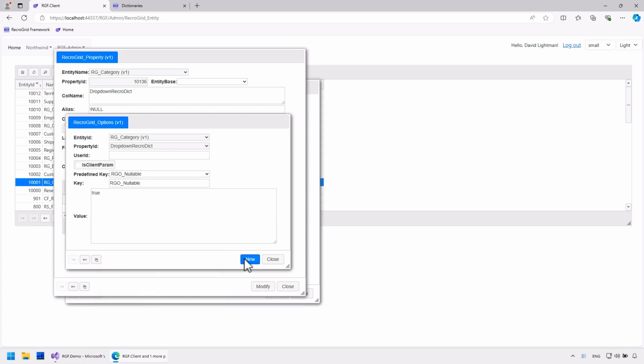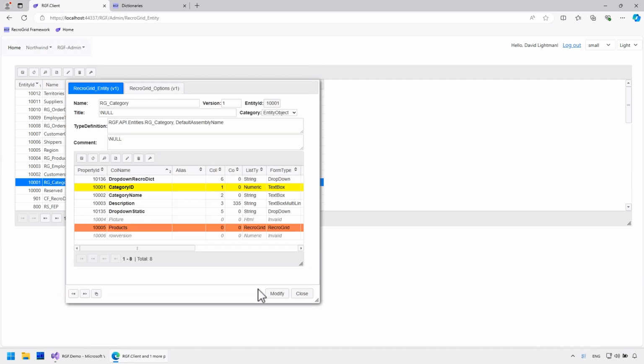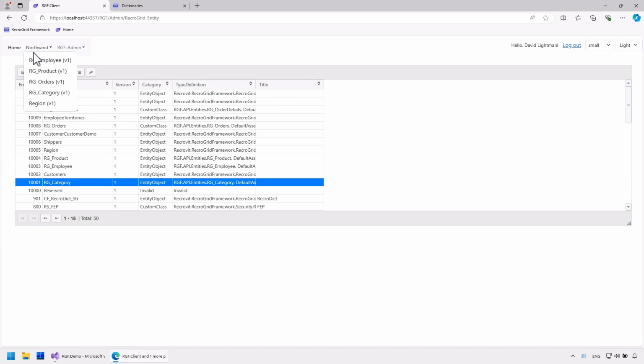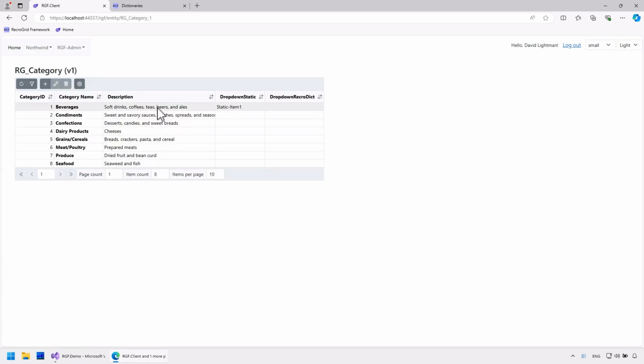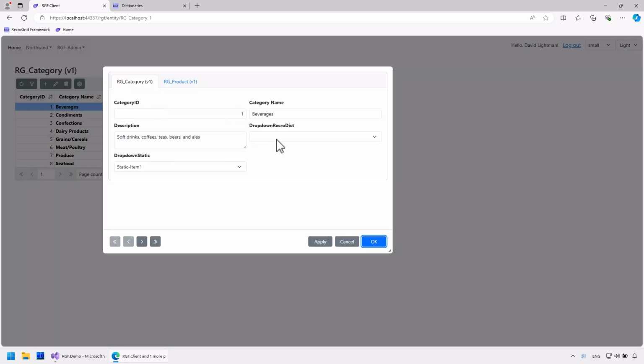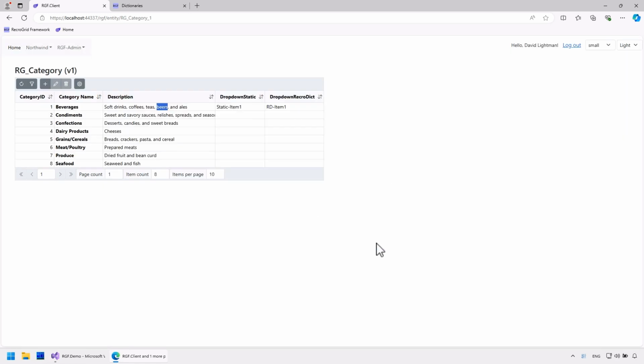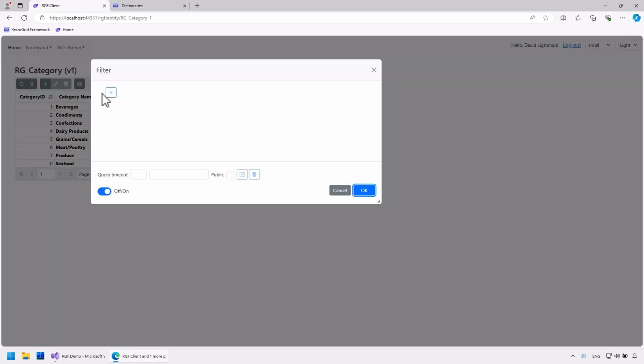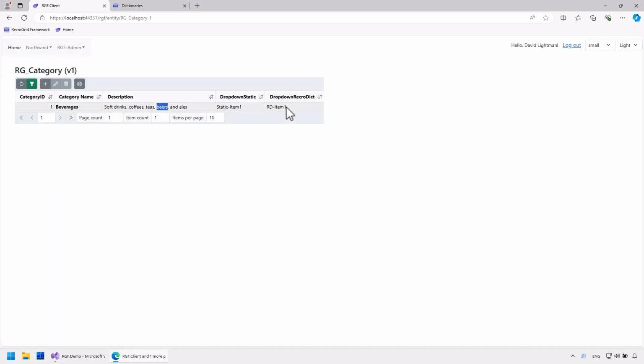This field is also not required. Let's try it. Let's check the filter as well. Everything works perfectly.